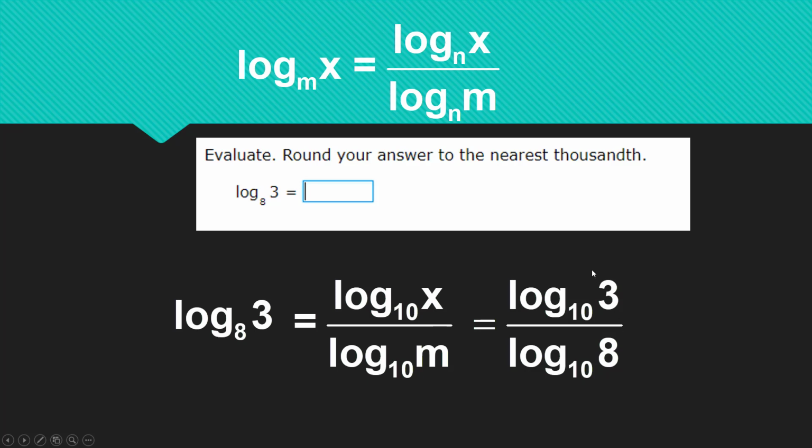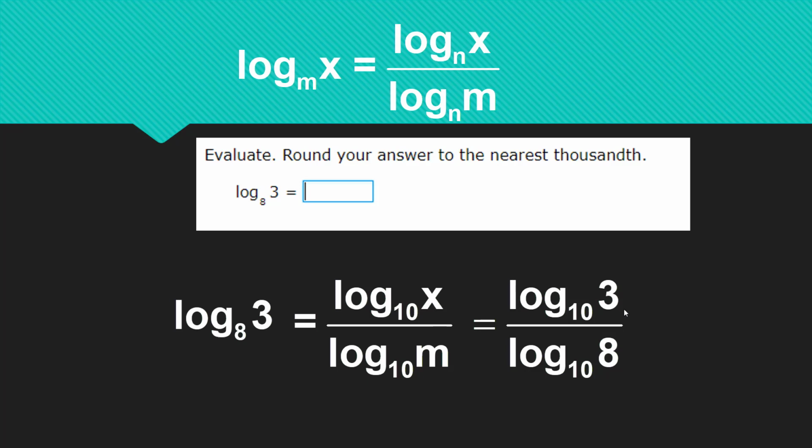All right, so we would go one step farther here and we would actually type this into my calculator. I would hit the log key. I'm doing it on my calculator now. When I hit the log key, I get a left parenthesis. I'm going to enter 3 and close parenthesis. I'm going to do my division key and hit the log key again and an 8 and close parenthesis. So I've got log 3 divided by log 8. That comes up to